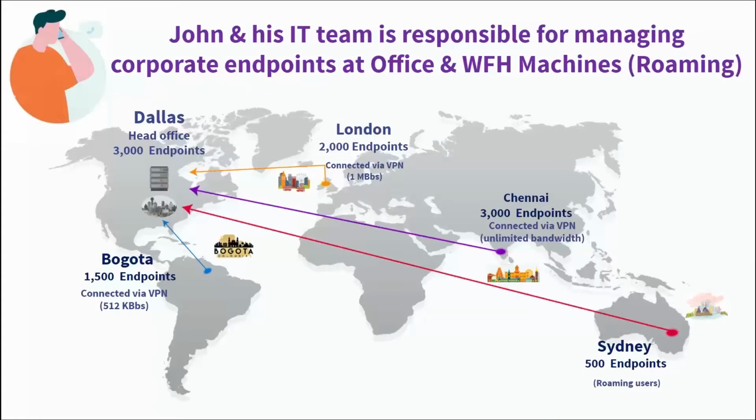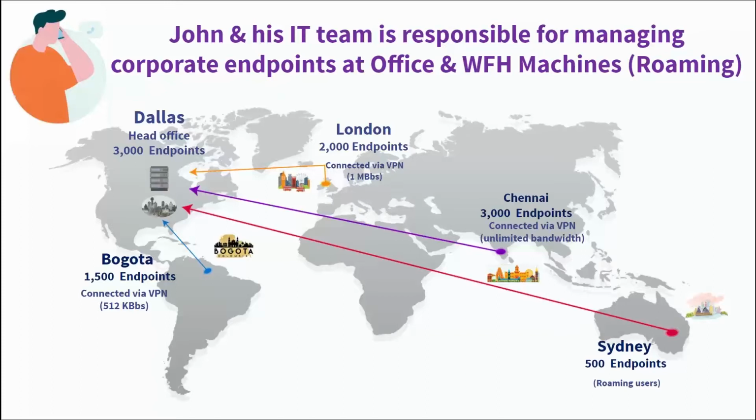Let us see how we deploy Desktop Central in an enterprise which is managing around 10,000 endpoints. So it is going to be the typical architecture before COVID. For example, consider myself as John, and my team is responsible for managing this infrastructure. Here I have my corporate office in Dallas and 3 more remote offices. One is in London, another one is Chennai, and another one is Bogota. And we have remote users who are working in Sydney. They used to connect over the VPN to my corporate infrastructure to access the resources and to run the daily BAUs.